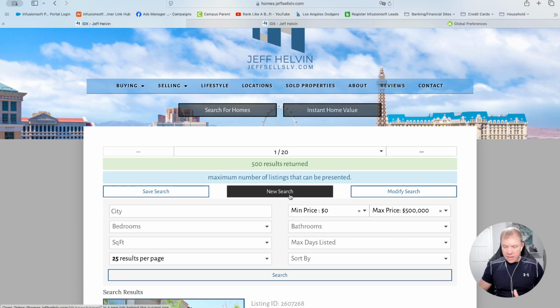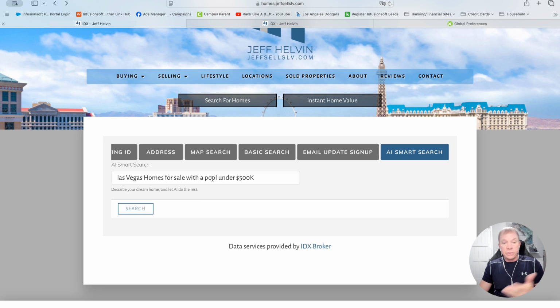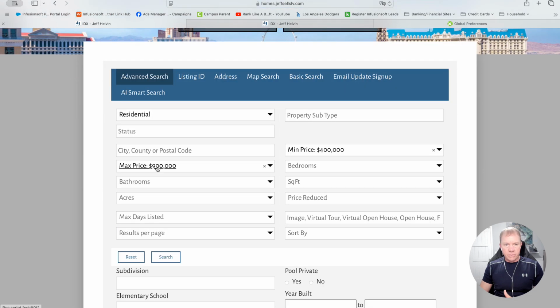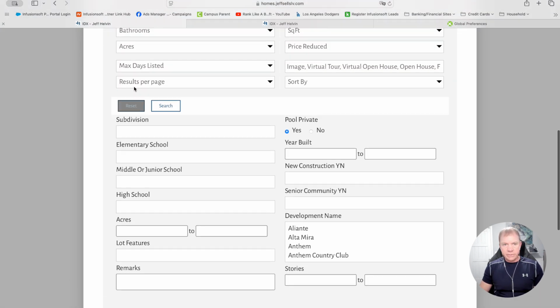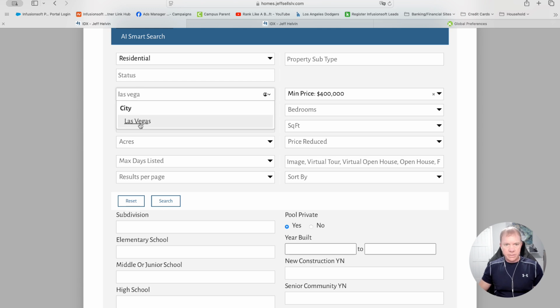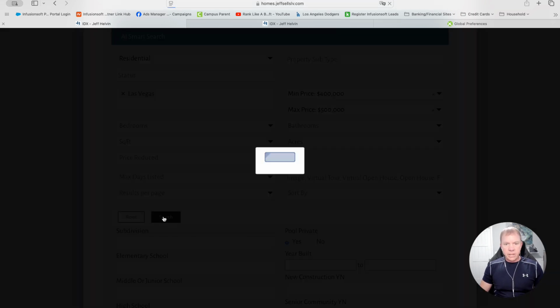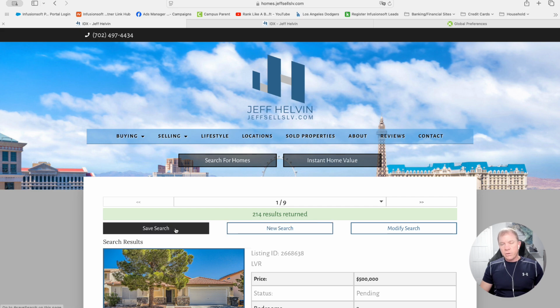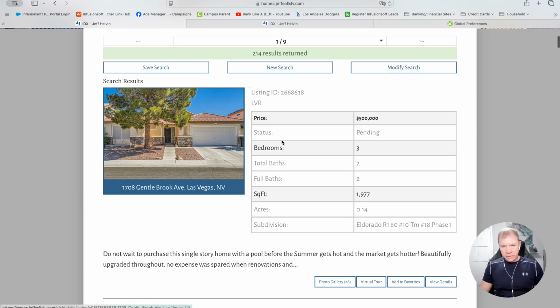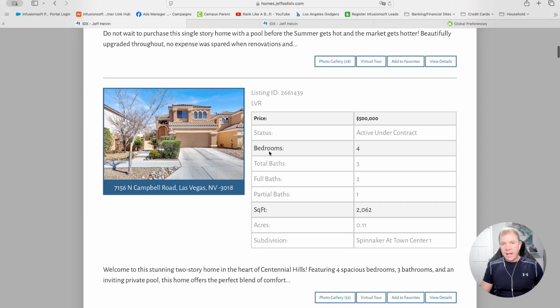Okay, so now again, I'm getting results where technically there's a pool available in the community, but it's probably not really what they're after, right? They're probably looking for homes in Las Vegas with a pool under 500,000. So if I were to do that, I go to search for homes, and then I'm going to do max price, 500,000, and then private pool, yes, and let me go ahead and do Las Vegas. So residential, okay, I do a search. So now there's only 214 results, and these are actual individual homes, not townhomes, that have a pool attached